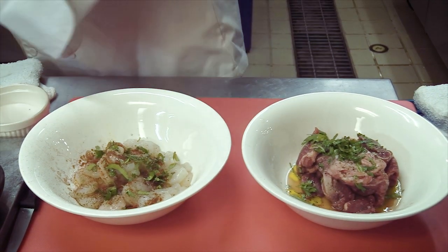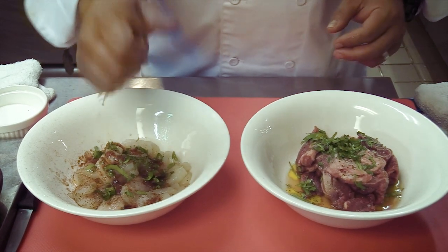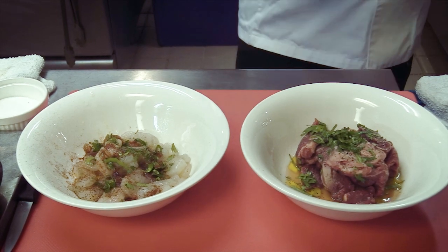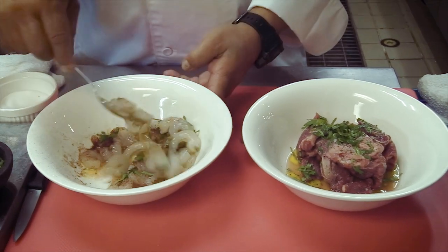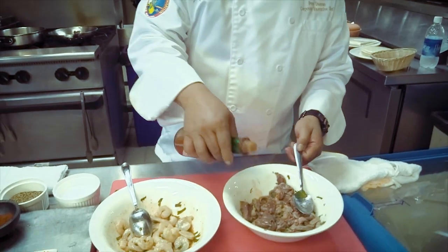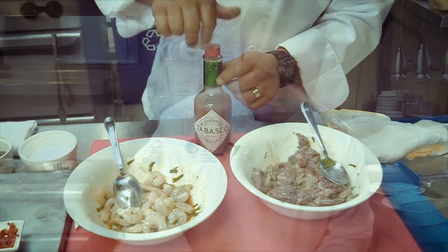We've got a very similar marinade, except again the shrimp has paprika. I'm gonna give this a toss. And last but not least, my favorite hot sauce, Tabasco. Put a couple of dashes in there to give it that extra little kick. And we'll allow this to marinate for a few minutes, but in the meantime, we'll work on our cilantro lime